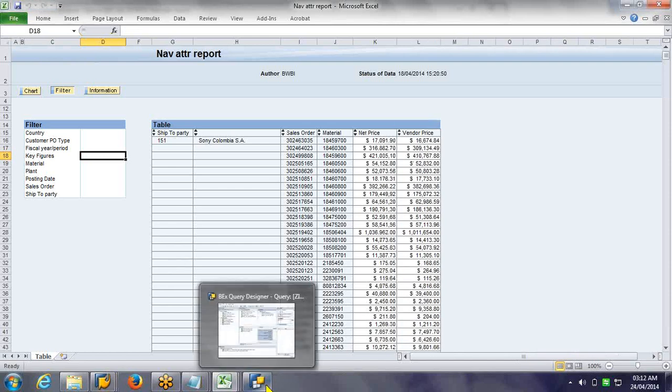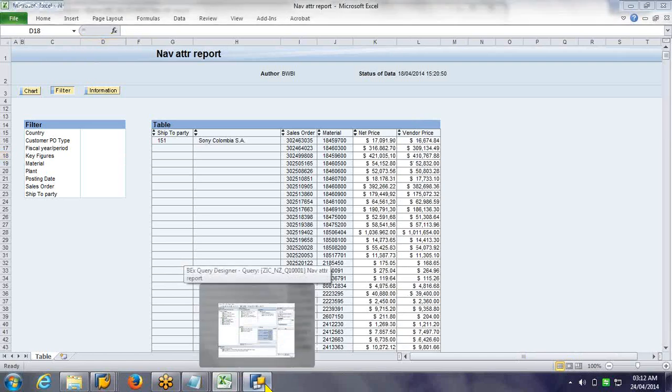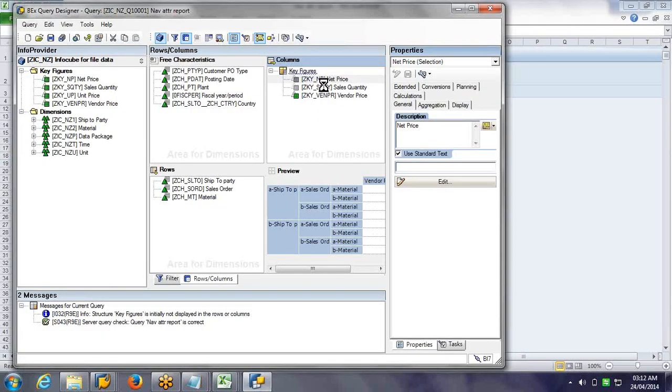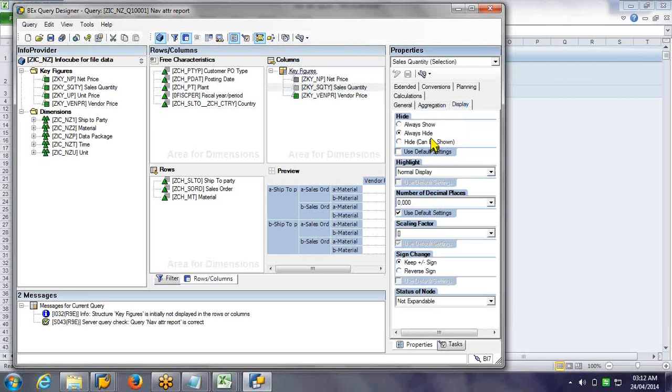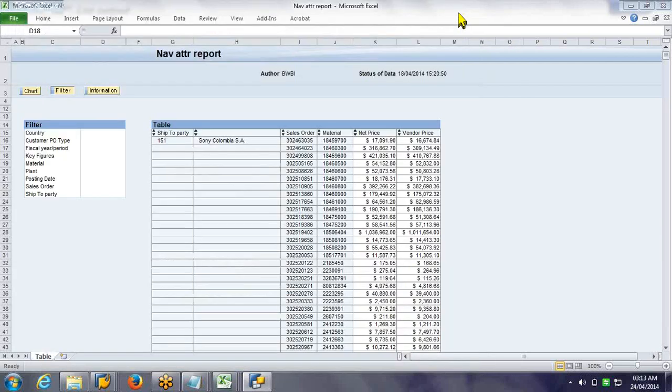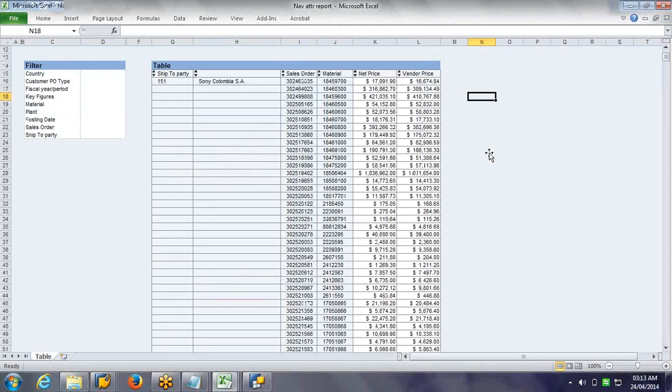It was hidden but it can be shown. But sales quantity is completely hidden. It is not possible to see it on the report side. So this is about the basics of query designer.